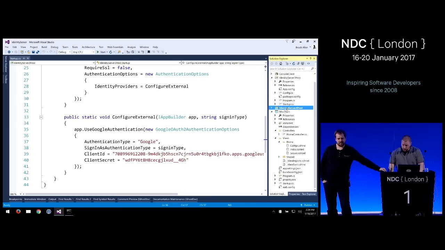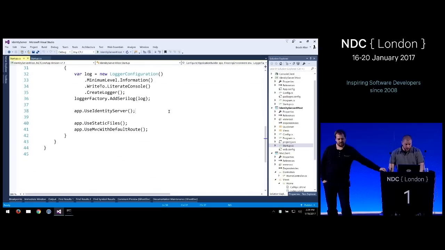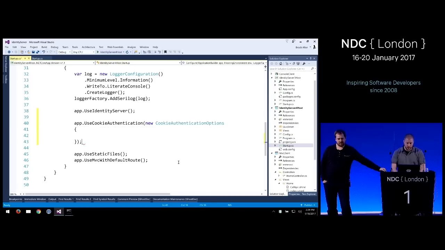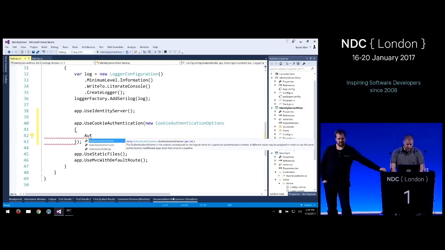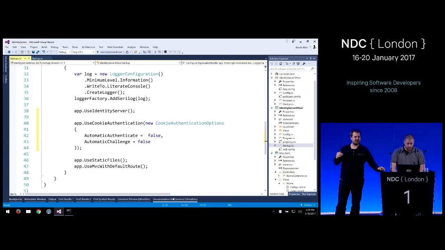So let's go over to 4, Startup.cs. We can then use app.UseCookieAuthentication. We're going to use a temp cookie of some sort. Automatic. Oops. Is it below or above? We need to add it. Hold on one second here. The way the pipeline works in ASP.NET Core, order is really, really important.